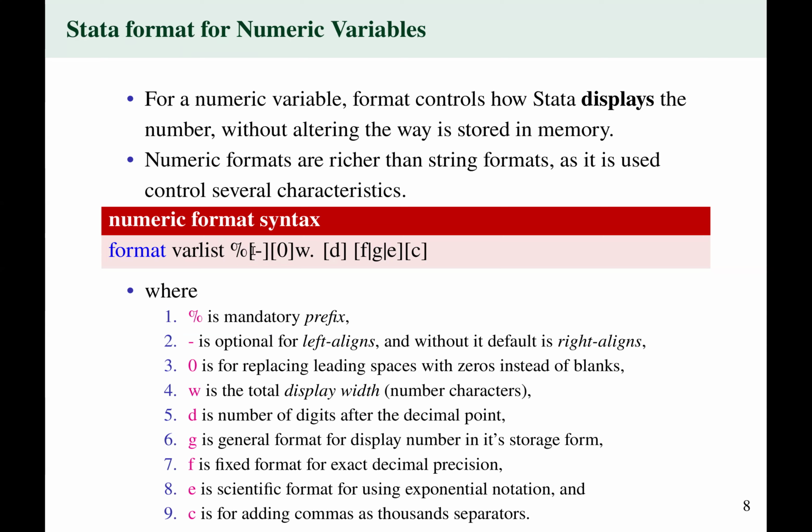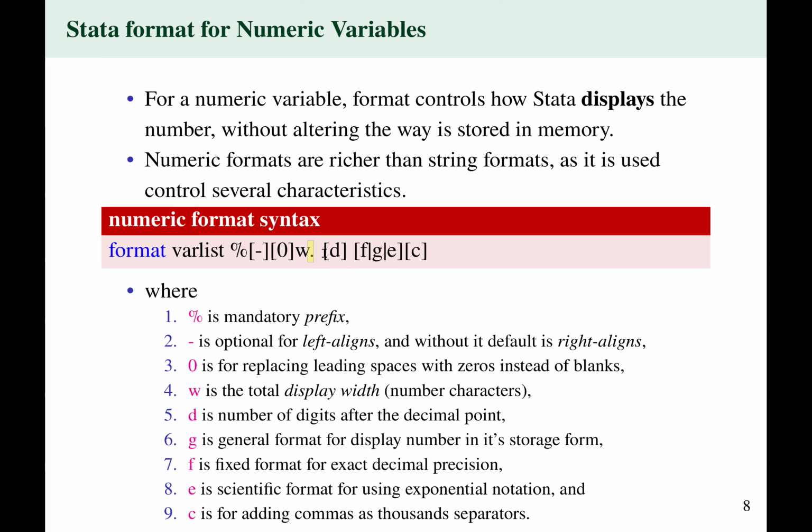Numeric format syntax can be placed like this. Just like for string, you can change the alignment to your left or right, but you have this thing here, which we call leading zero. It is optional as well. We can use it when we specify fixed format. This W is the same, mandatory. We have to put the number of characters which can be captured with the format. This .e is always there wherever we don't put